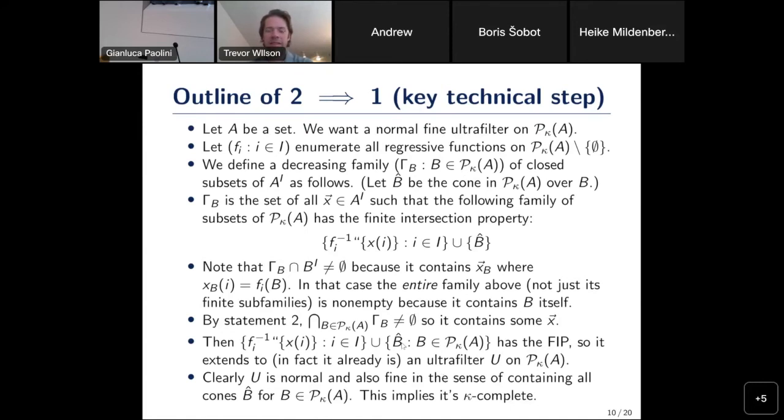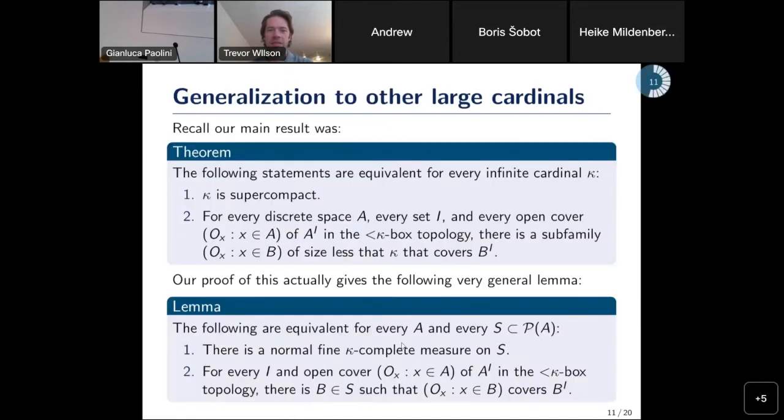So we can generalize this to other large cardinals, in particular huge, I wanted to say something about. Recall, this was our main result here. I'm just stating it again for reference. Our proof of this, which we outlined, actually is not unique to supercompactness in particular, it was just a general thing about normal fine ultrafilters. So it gives the following very general lemma: for every set A and every collection S contained in P(A), so S could be P kappa of A, that's what we considered before, but it can be any sub-collection of the power set,